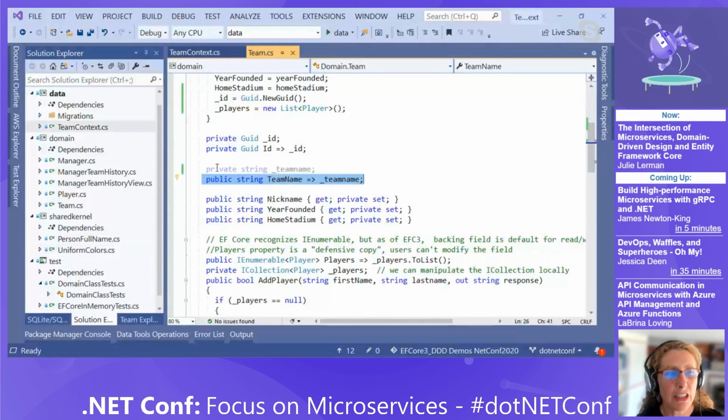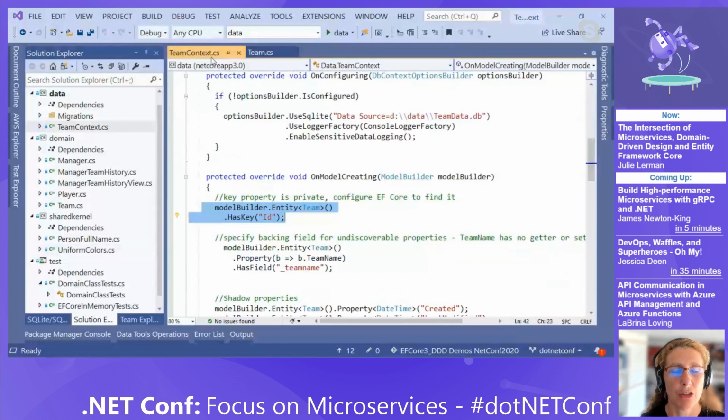This is a little different than with a GUID because here the property is public, because I do want people to see what the team name is. But because I don't have a getter, it's still, if this just had a getter, then Entity Framework would figure it all out. But again, I'm protecting it even more using DDD, or maybe ADDDD. So I can go in here to the DB context and just add a mapping.